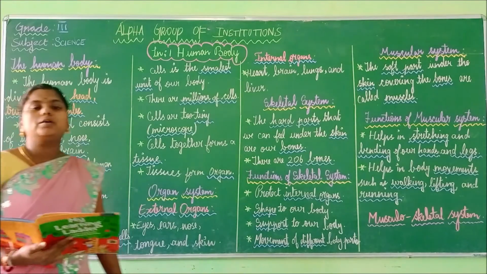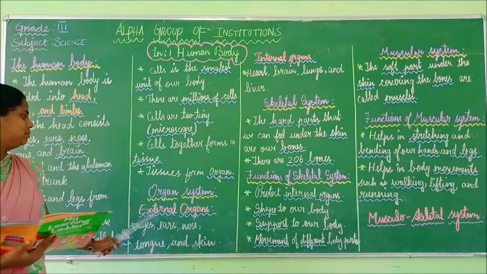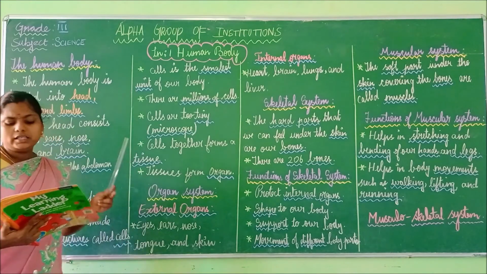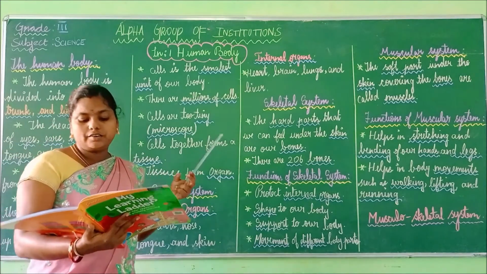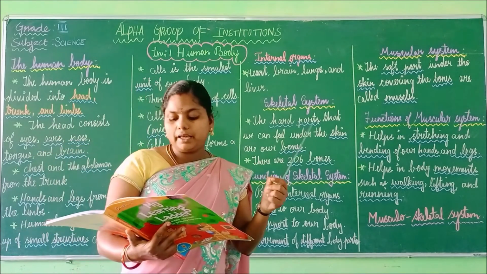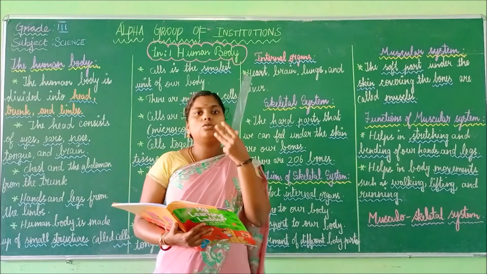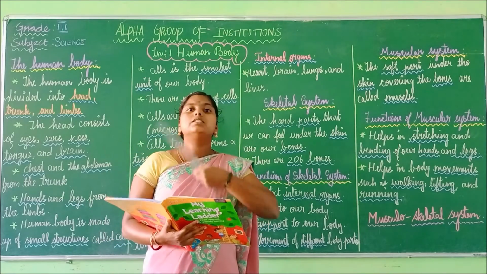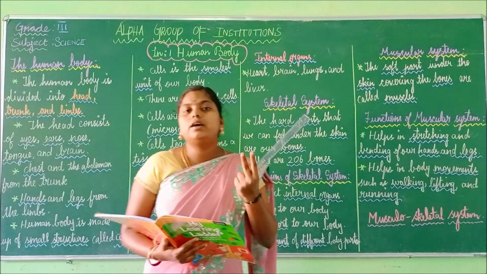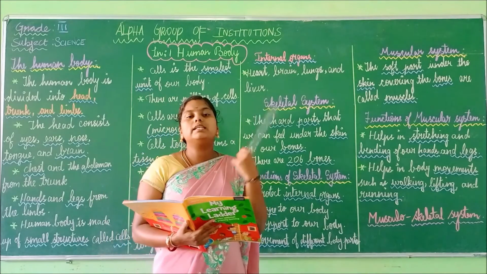Now we are going to learn about organ systems. First we will learn that organs carry out different functions in our body. Organs can be either internal or external. There are many organs which you can see with your eyes and which you cannot see, which are inside your body. That's why they are divided into two types. One is internal, which is